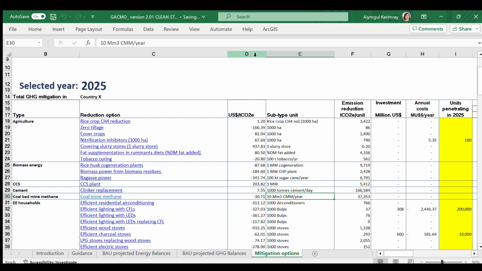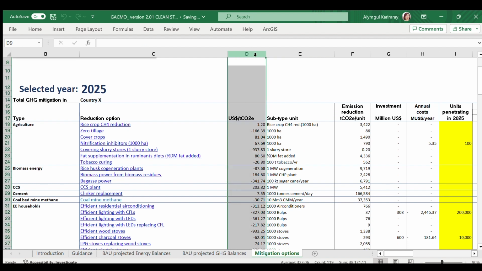The abatement costs in US dollar per ton of CO2 emission reduced for each mitigation option are depicted in the column D. The scale of mitigation options should be relative to the start year, excluding mitigation options implemented in the start year and before the start year.